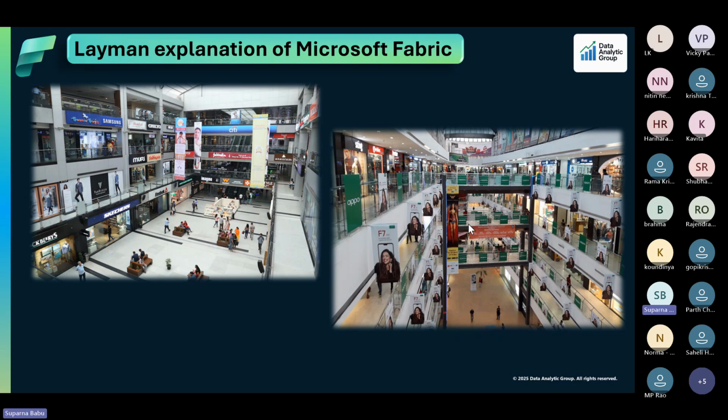See, 22 people are there, excluding me and Rajendra, 20 people are there. Okay, fine. So this is a shopping mall. Wherever you are in the city, let's say I'll take Brookfield Mall. This is the mall, it is in Bangalore. We call it Brookfield Mall. So why are we going to the malls? Can someone tell me?